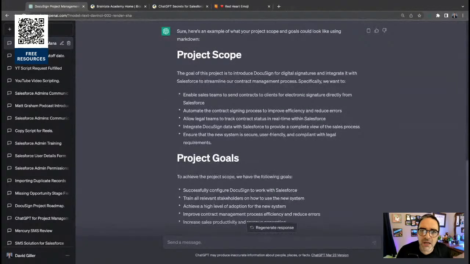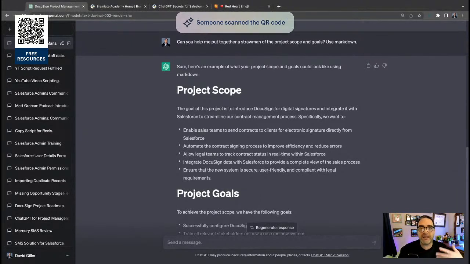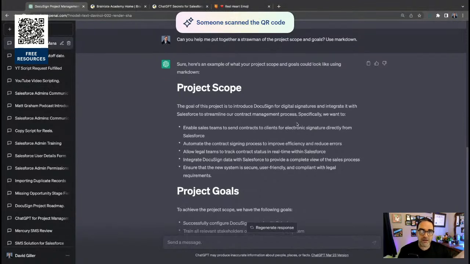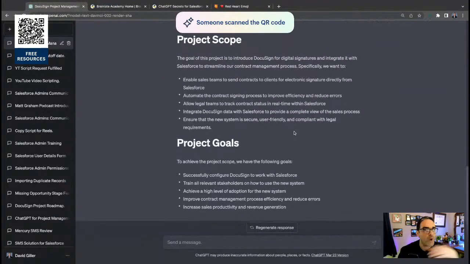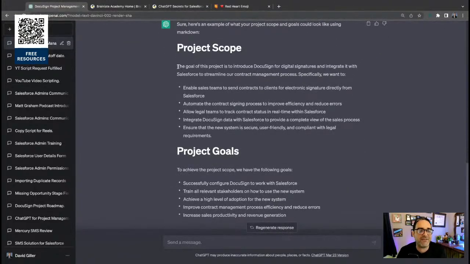Maybe I'm working in a college, and this is for college admissions. Maybe this is a middle school, and we want to use DocuSign to get releases signed, let's say for parents giving permission for children to go on school trips. Maybe it's a medical office and we need the patients to sign release forms so that we can access the medical records from a prior physician that they worked with. So I did not specify what industry or what context,